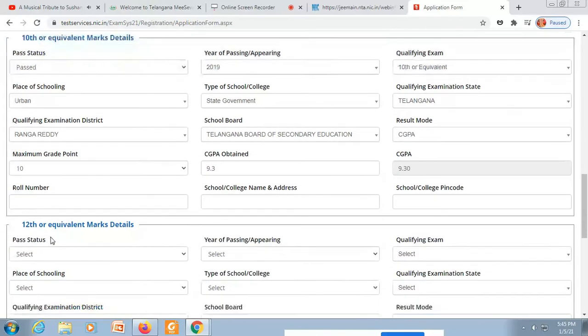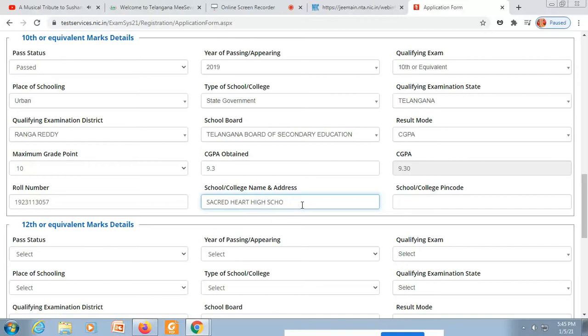Maximum grade points, here in Telangana we have 10 maximum grade points. This candidate has got 9.3 CGPA. Roll number, you have to enter the school board roll number, school name, college name, and address. You have to enter the correct details. Please be careful.